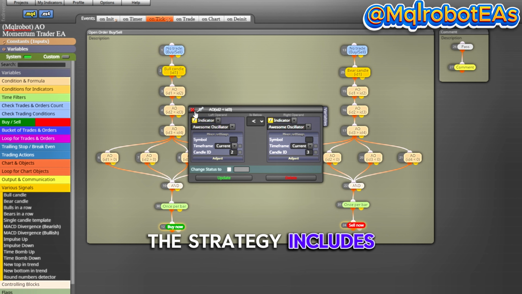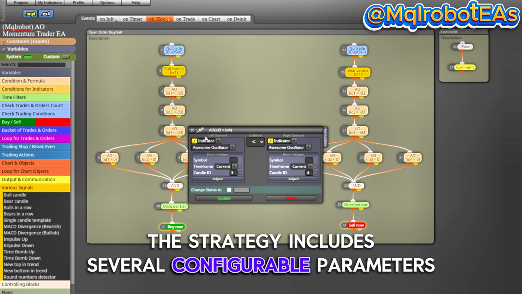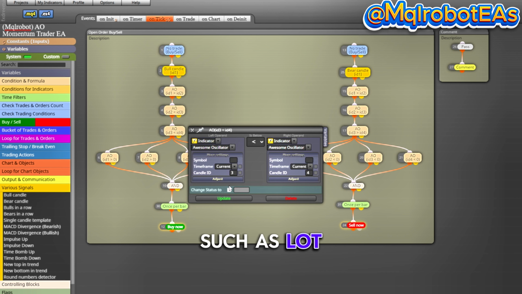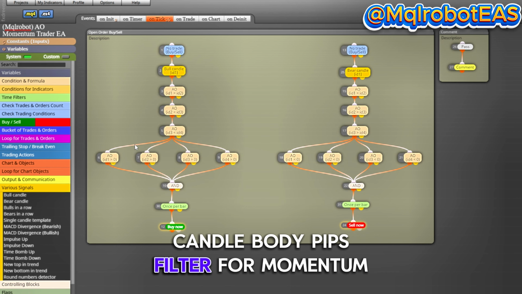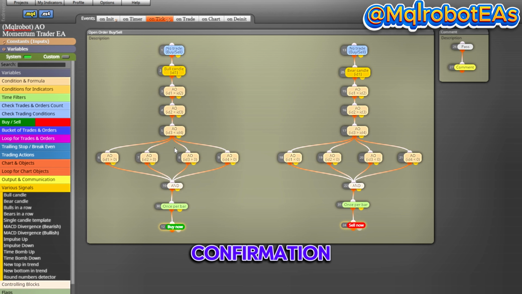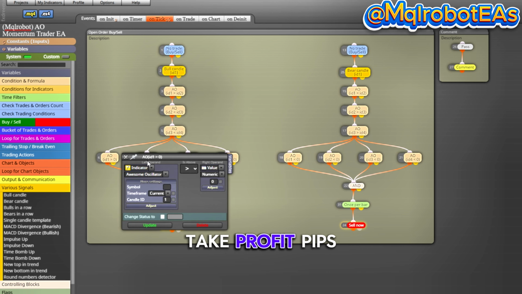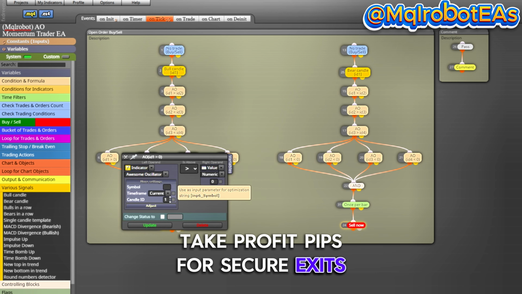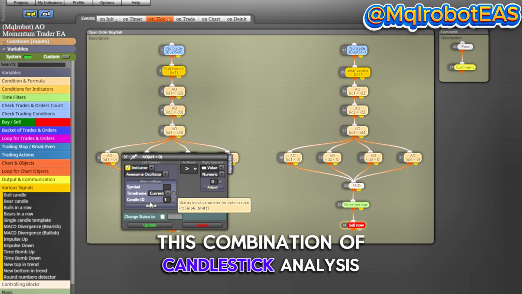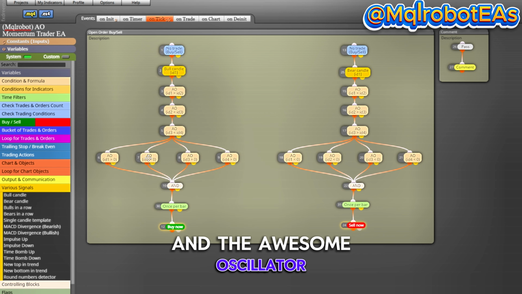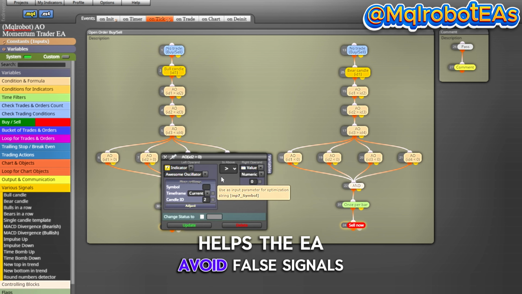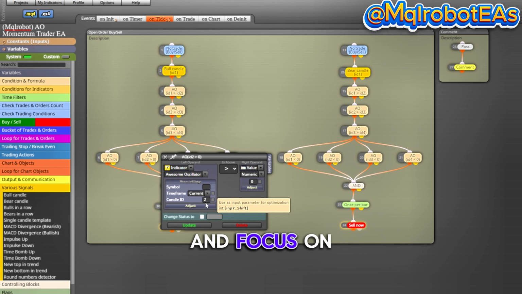The strategy includes several configurable parameters, such as lot size for position sizing, candle body pips filter for momentum confirmation, stop loss pips to control downside risk, take profit pips for secure exits. This combination of candlestick analysis and the Awesome Oscillator helps the EA avoid false signals and focus on trades that